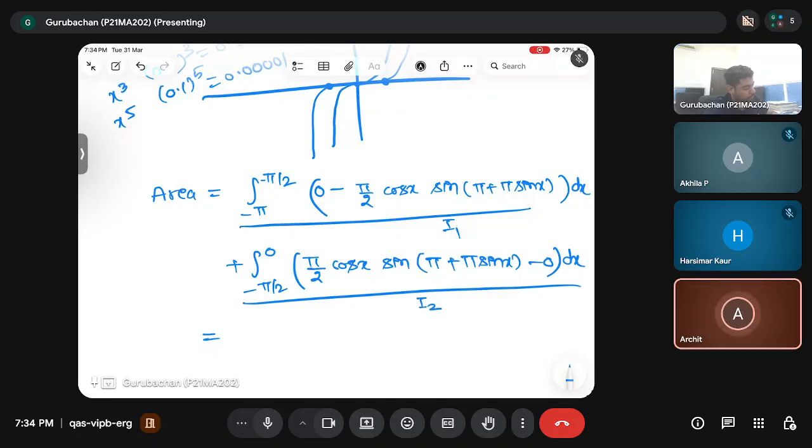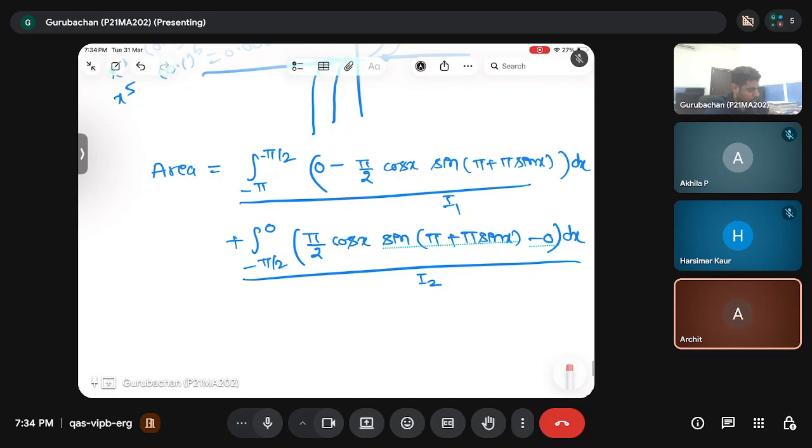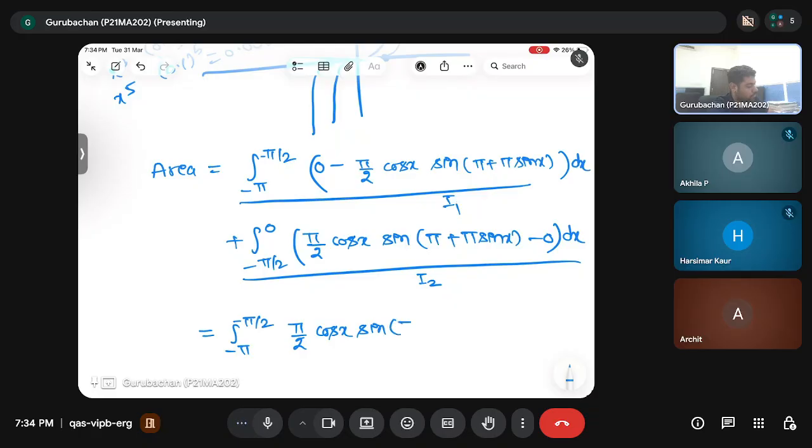Sir, before substitution, we can write sine of pi plus pi sin x as minus sine of pi sin x. You are right. So this will be pi by 2 cos of x sine of pi sin x